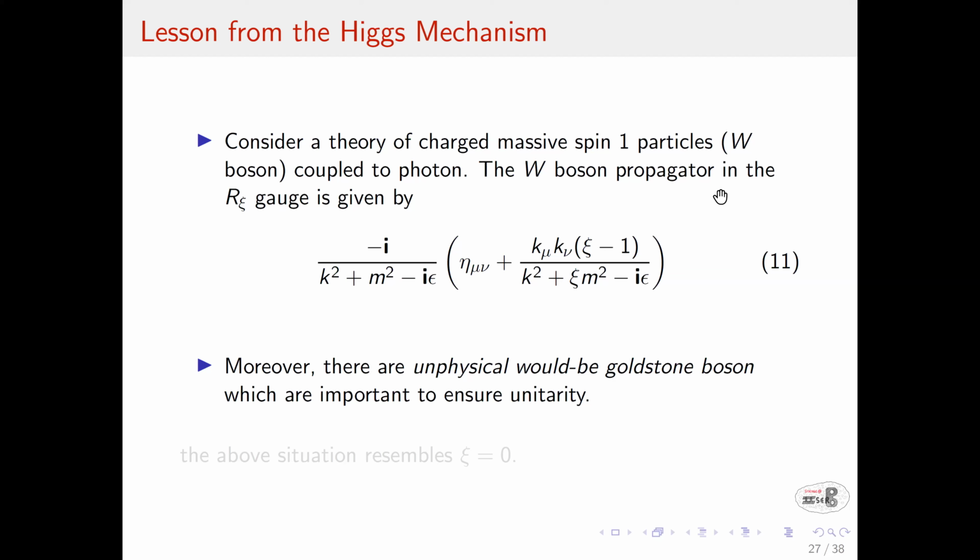Phi was what? The Goldstone boson. We can't just work with all the physical particles. That will be like taking xi equal to infinity gauge, which is known as the unitary gauge. If you take the unitary gauge, tree level works fine because the would-be Goldstone boson becomes infinitely massive. But loops don't work because we cannot prove renormalizability. Right.